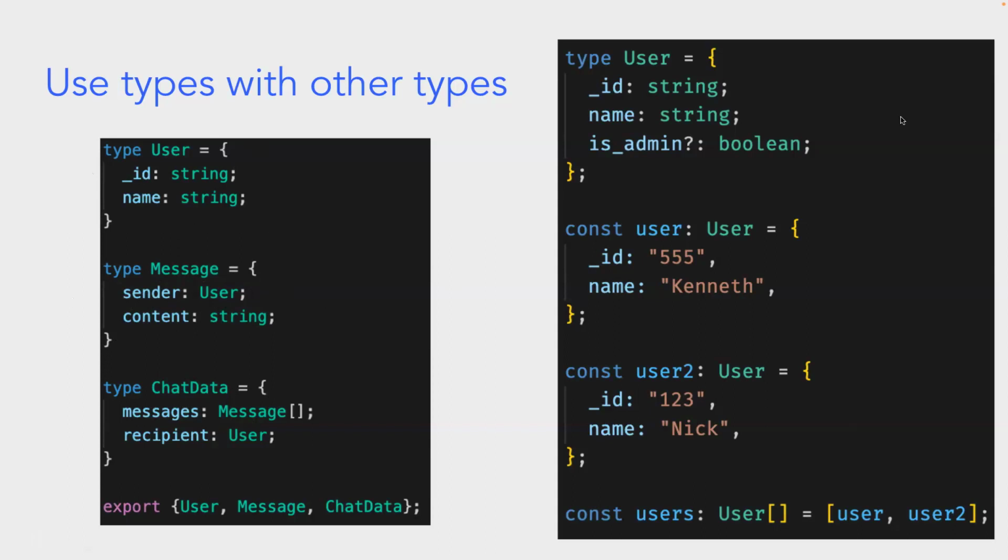And you can also put your custom type objects into arrays. So on the right here, we have defined the user type and created two user variables of that type that we defined. And then we can put these user and user2 variables into an array of type Array user. So you can do a lot with your custom types, and I highly recommend making custom types if you end up using TypeScript, because it'll make your code a lot more modular, easy to read, and type safe.